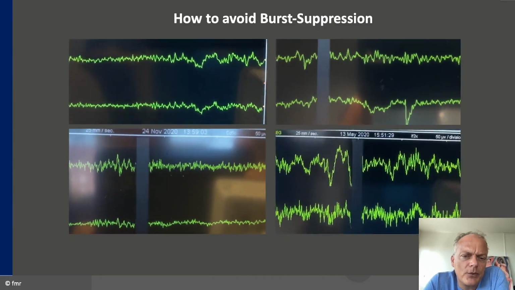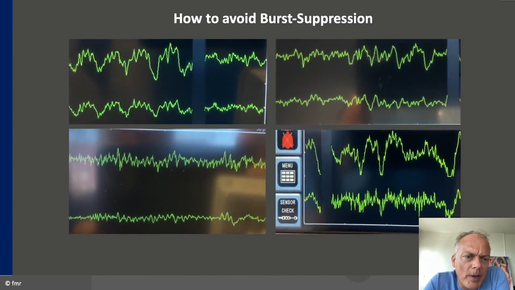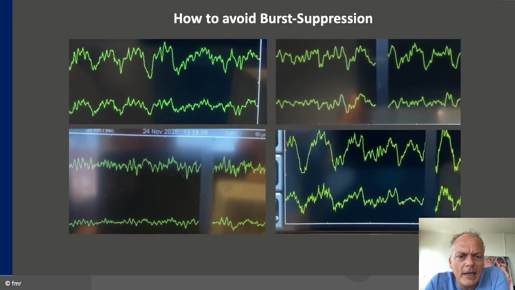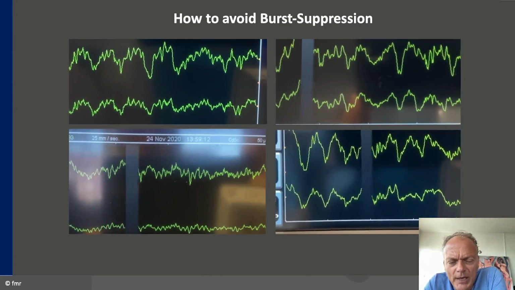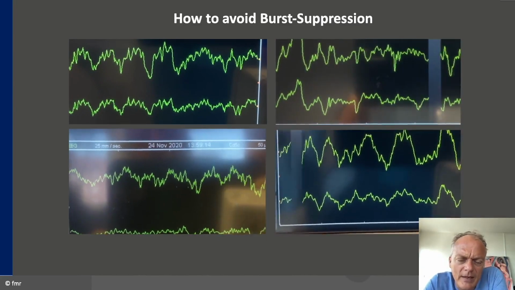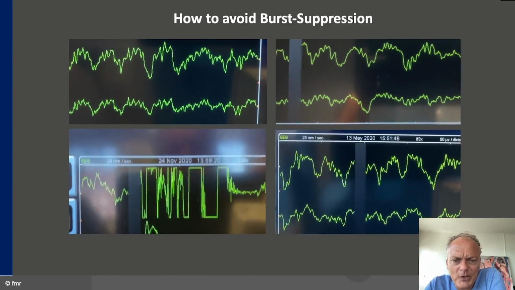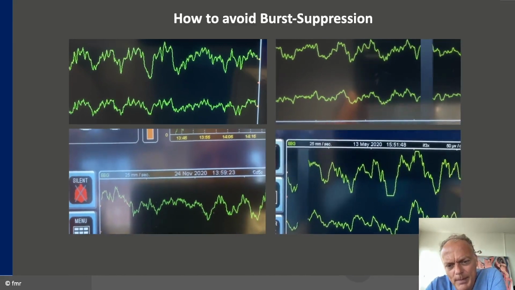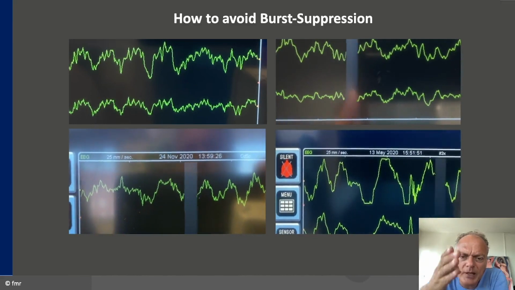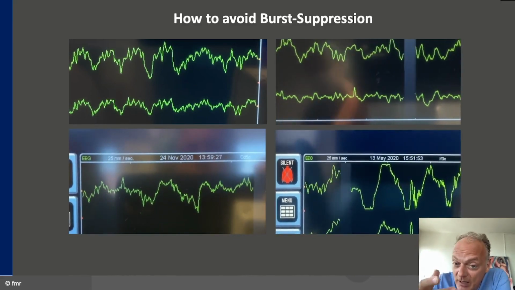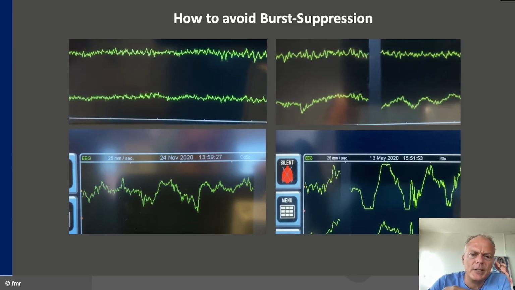You can see the changes into delta waves with alpha waves cresting on top of them, indicating in all 4 settings that at that point in time the brain is adequately disconnected. So you need to worry about the analgesic side, the autonomic nervous system side, that this is attenuated and pain is adequately taken care of. At that point the brain is disconnected. That doesn't mean it will stay disconnected if you don't continue your sedative part, but you can be fairly certain that the patient is deeply enough asleep to continue taking care of the analgesic side of the anesthesia.